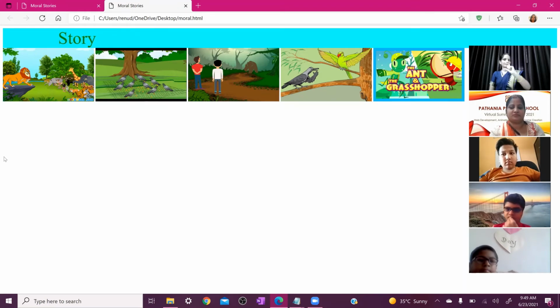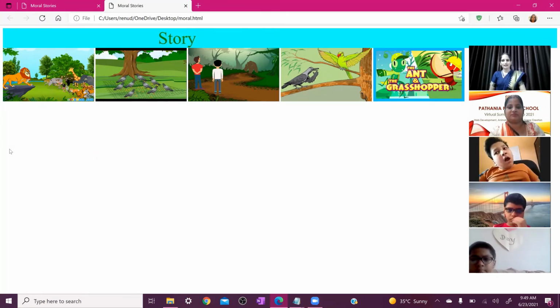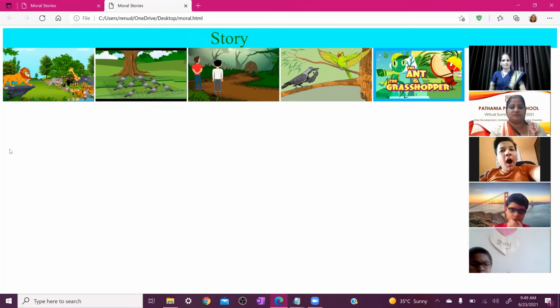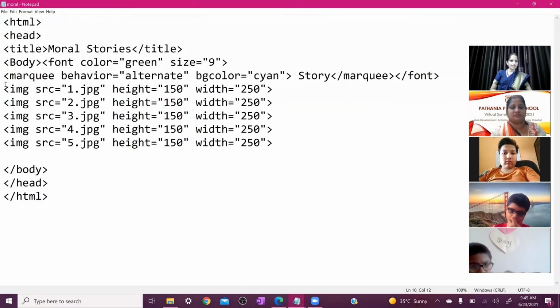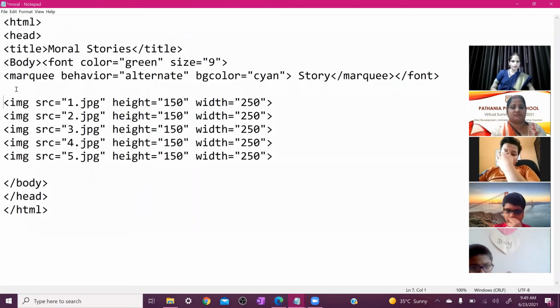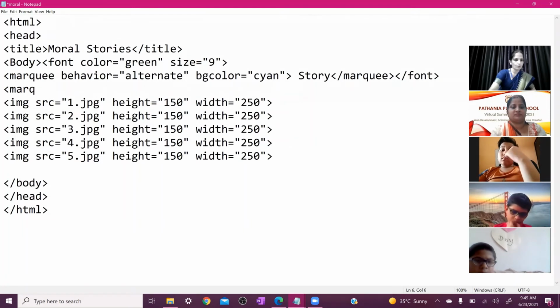One more interesting point here, if we want to rotate all these images on our screen, then what can we do here? We have already learned. So just write down the marquee tag in front of these. So we try it, okay? Just before the IMG tag here, we need to add marquee, MARQUEE, marquee tag.